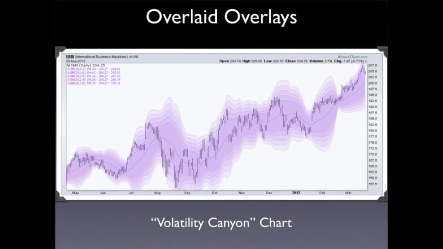Here's an example of the end result, and I call this the Volatility Canyon. Imagine, because I think it looks a little bit like a topo map, a hiking map that people sometimes use when they're navigating. And imagine that this is a path through the center of the canyon. Just bear with me on this metaphor. The dotted line, which is the moving average, the central moving average, is a path through the middle of this